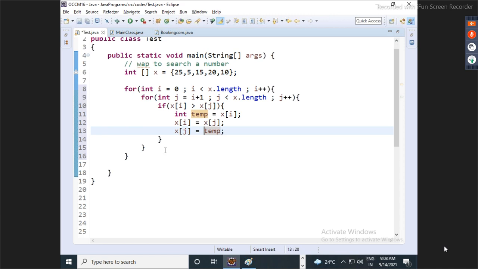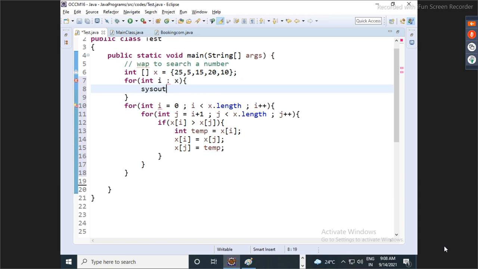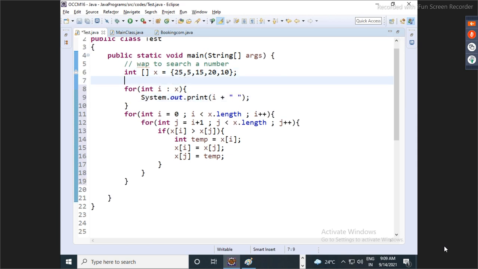Okay. And now, once this portion is done, for every int i coming from x, here I will print i plus space. So let's say before sort.